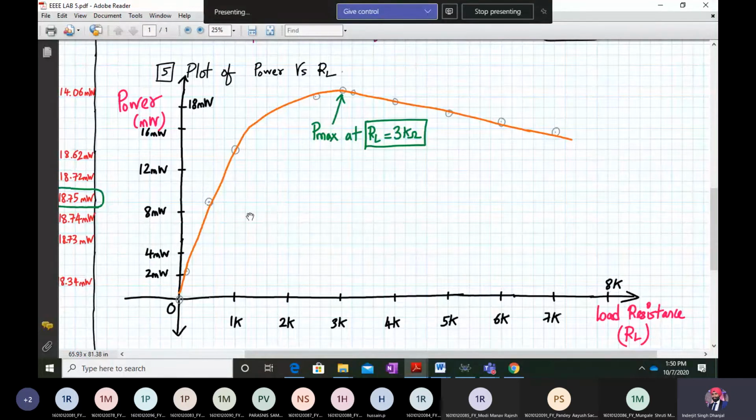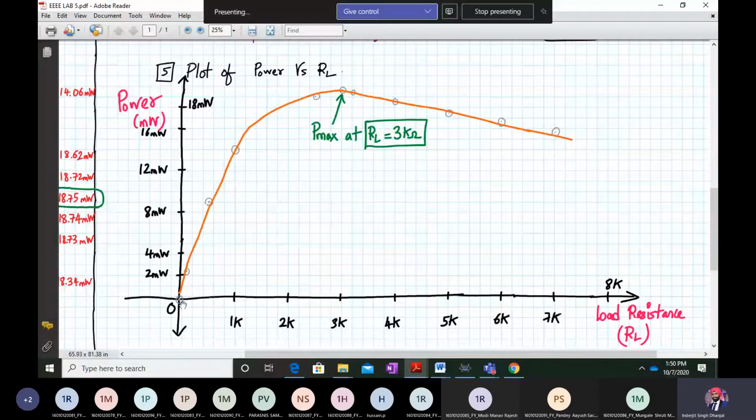8 kilo-ohms or something. Now I was talking about the print screen, right? So here if you can see, I have taken nearby 10 data points: 1, 2, 3, 4, 5, 6, 7, 8, 9, 10, 11. So maybe 11 I have taken. So you got the idea which points to take. You will automatically understand. If your RS is close to 1 kilo, you take more points near that. If your RS is close to 4 kilo, you will get more points near that. So you have understood how to take these points now.